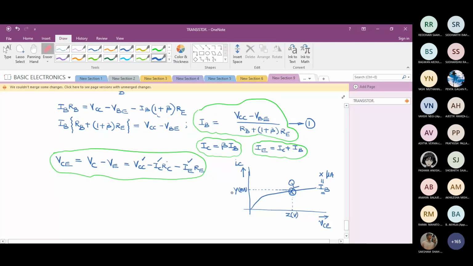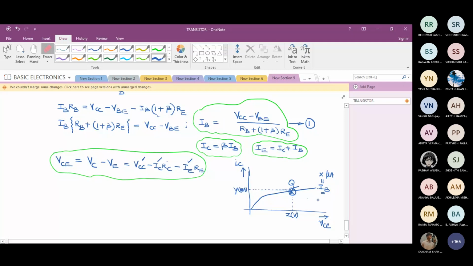I don't want the equation, definition and all. We have calculated the operating point. What can we gain from this? The transistor operates best at that point. Exactly. So do we understand where the transistor or the device is getting operated? If the operating point lies here, the transistor is in active region. Yes. So why should we find the operating point? Just to make sure where the device is getting operated. That's why we call it operating point.